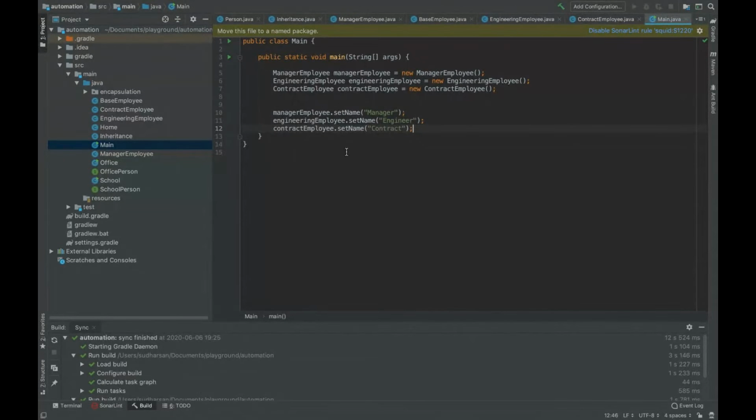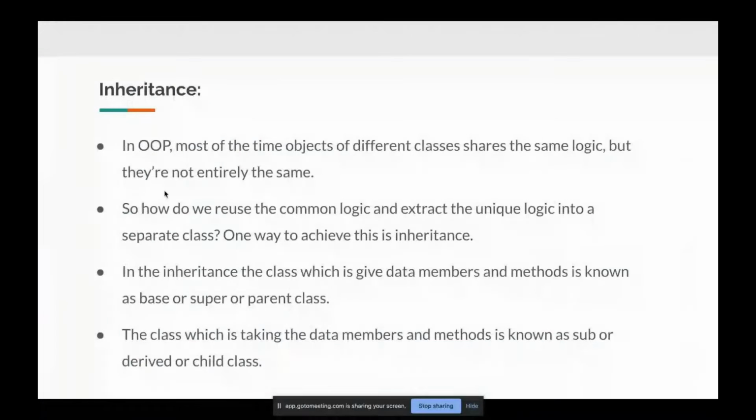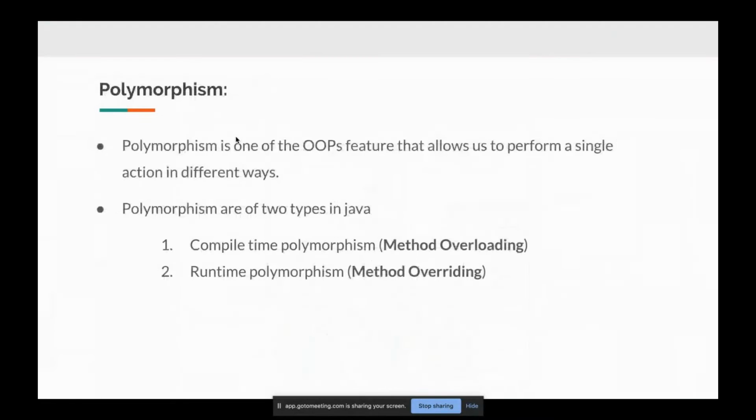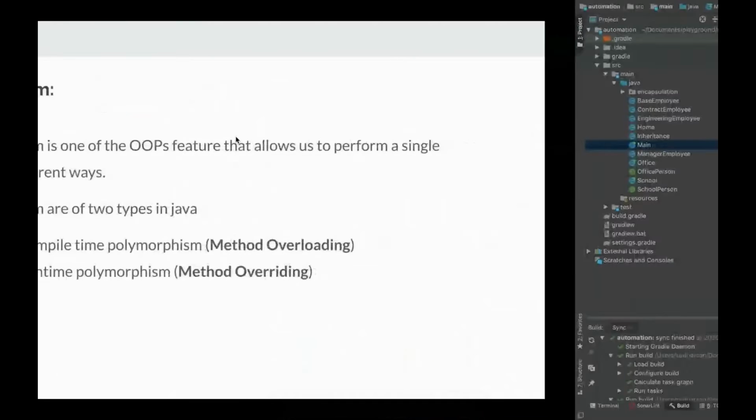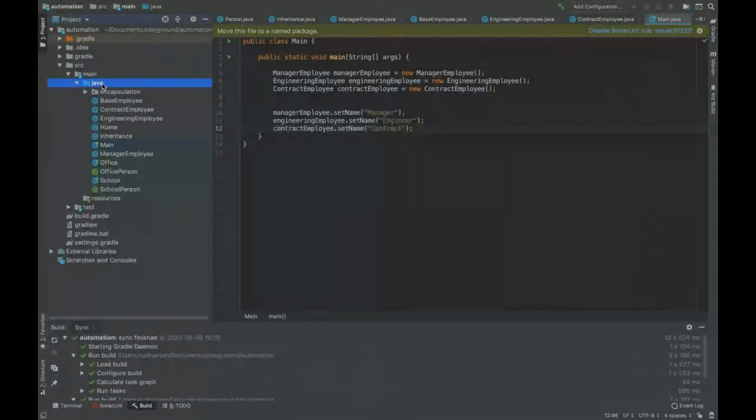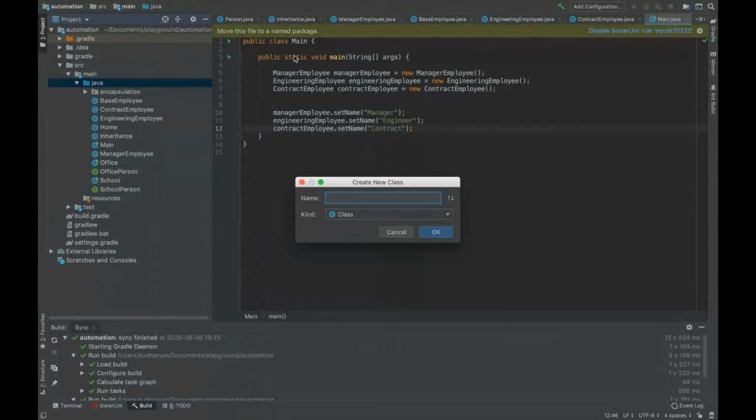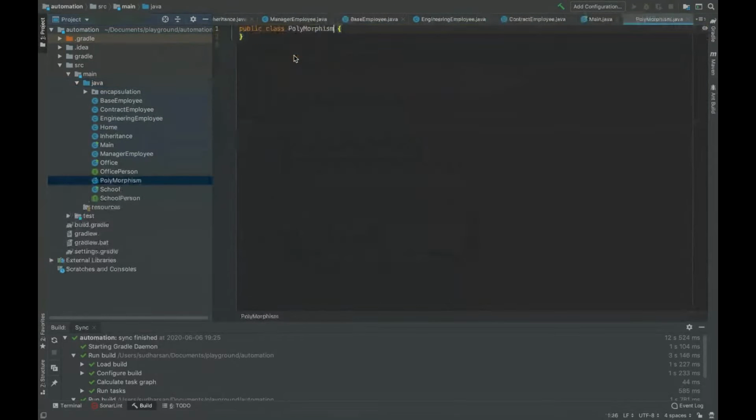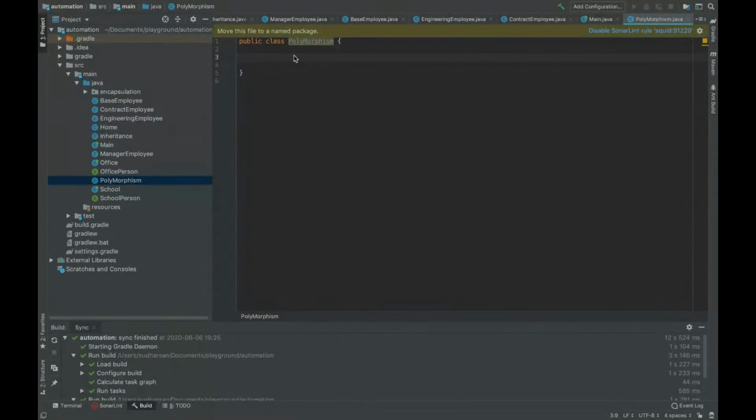Cool. And the last concept is polymorphism. So I can simply explain it with polymorphism. So I have a method. Let's create a method called